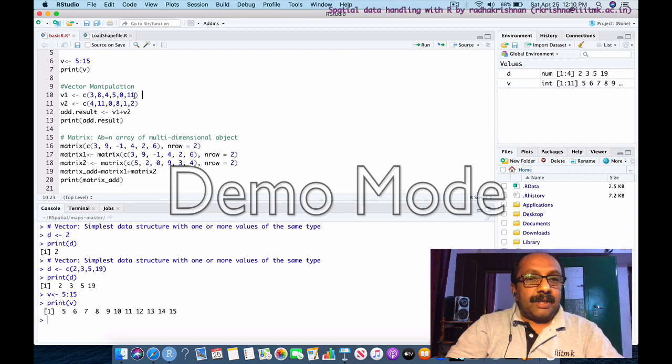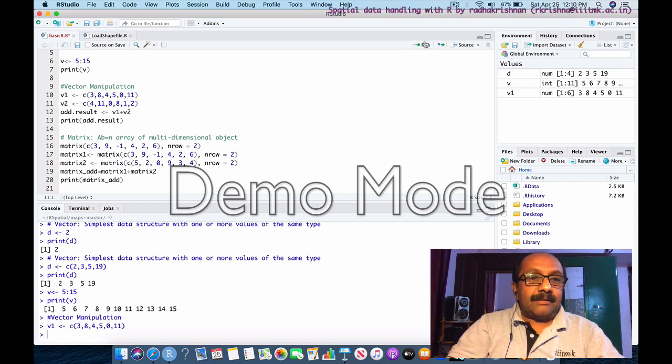The next thing is if you have two vectors with the same data types and the same number of members. So 3, 8, 4, 5, 0, 11. 1, 2, 3, 4, 5, 6 values are here. So let us store that.